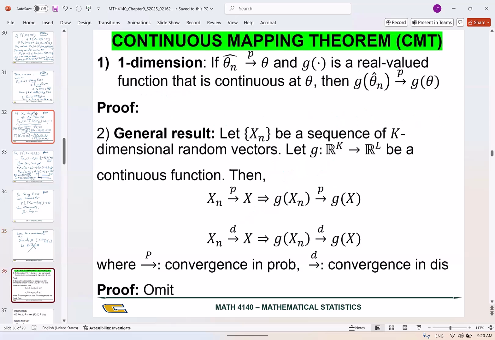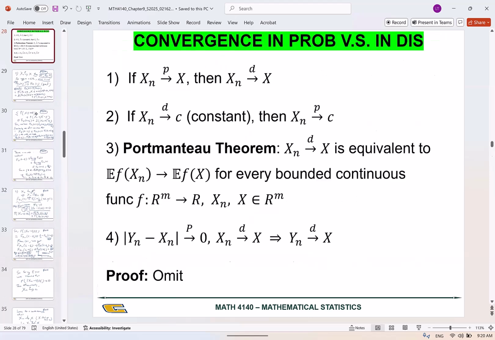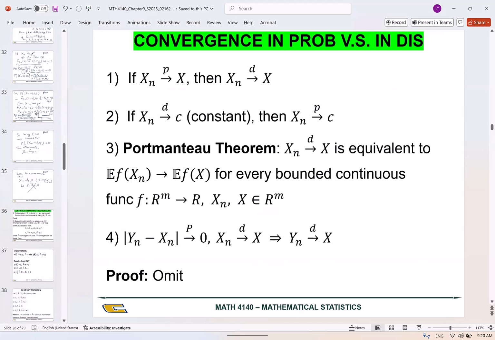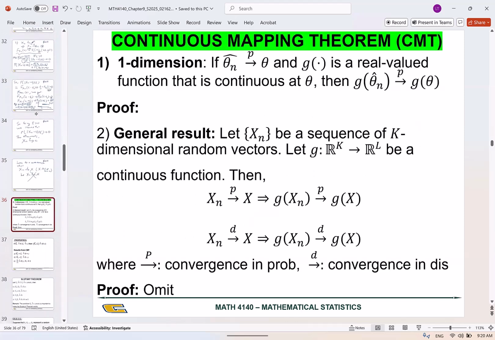So we do have other properties, 3 and 4, but if you're curious, you can always Google. This is a very popular property. Here is another very famous property, the continuous mapping theorem, CMT. So in the continuous mapping theorem, for a simple case,